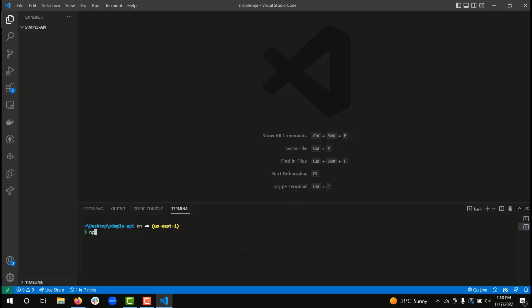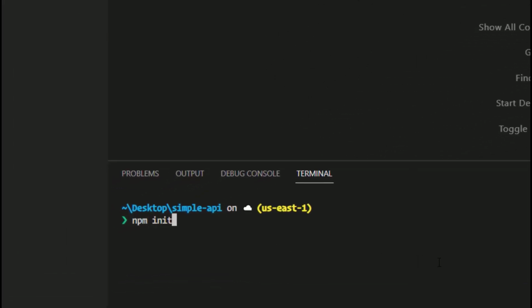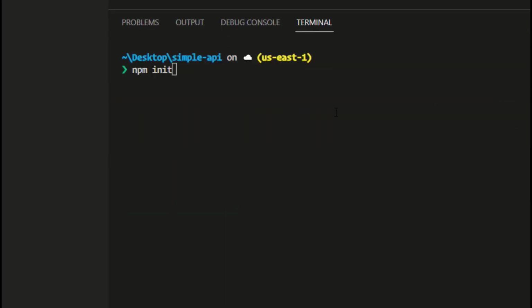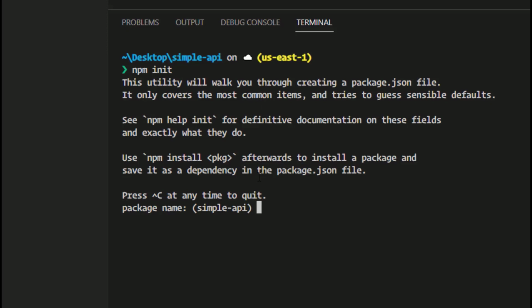Then you do npm init. This is just to start our Node.js application by running this command. If I click on enter, it's going to ask me a couple of questions like the package name, which is simple API. I'll click on enter. The version number, I'll choose default. Description, I'll say simple API